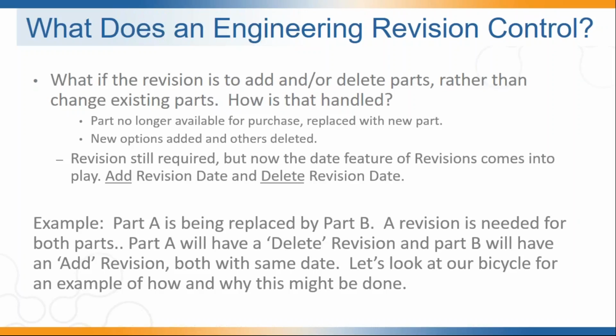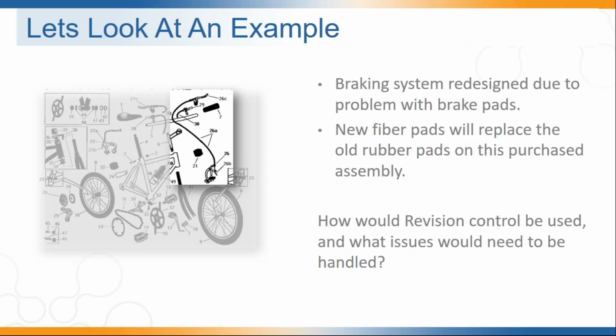So remember the bicycle that we've been talking about in the past couple of webinars. Let's look at that as an example of why this might be done. Let's say that the braking system, the calipers on the braking system for our bicycle need to be adjusted for some reason. Maybe there's a problem with the brake pads. And so the engineers have looked at it and they've decided that the old rubber pads dried out too quickly and got smooth and no longer function properly as they were designed. So they've decided that they're going to replace the old rubber pads with new fiber pads